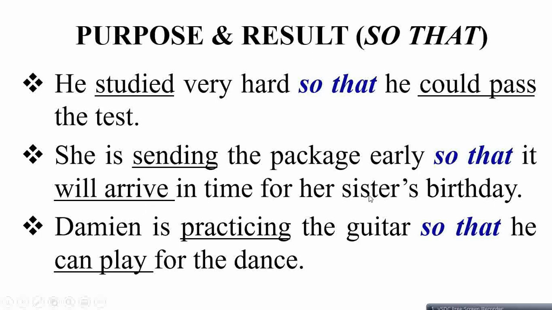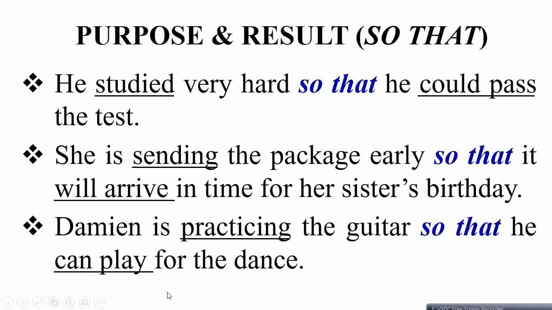Question 3 is Damien. Example 3 is: Damien is practicing the guitar so that he can play for the dance. So "Damien is practicing the guitar" is a present continuous tense, and this is your purpose clause followed by a conjunction, "so that he can play for the dance". Again, this is going to be future with regards to this one, the purpose clause, and this is the result